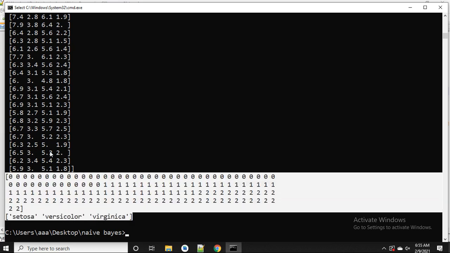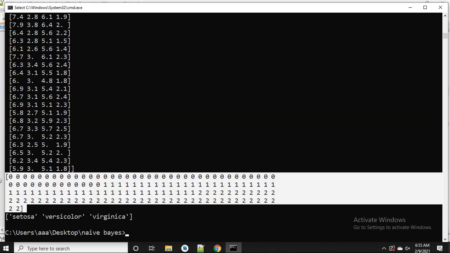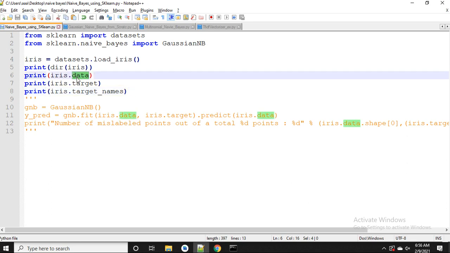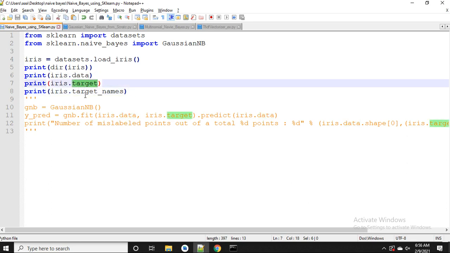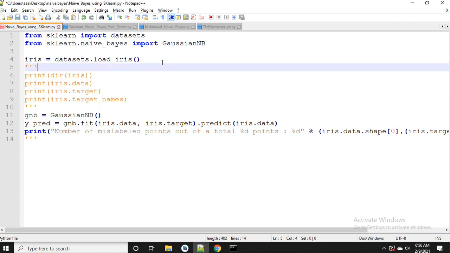So now if I want to develop a model, then what do I have to give it? I have to provide the data and I have to provide the target, not the target names, because in target names I have only 3 labels, but I have 150 records, so I have to provide 150 target values. Okay, fine. I hope it's clear till here. So we have two options. Either we can just go with iris and square bracket, and in the square bracket you can write the key name. So the keys like data, target and target_names are the key names. So that is the first option.